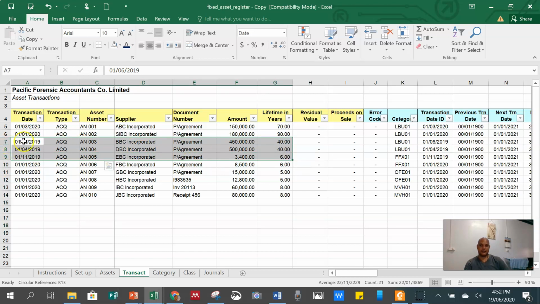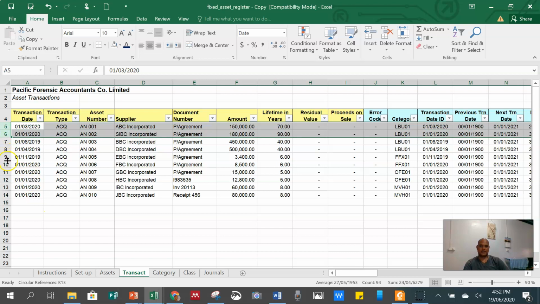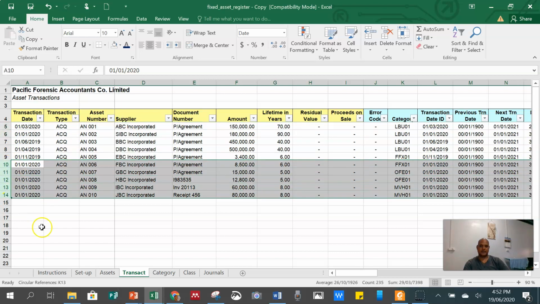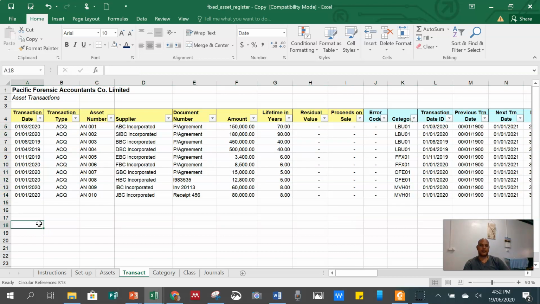I've entered this group of assets for 2019, I'm just making a guess here. And also I've included others which were 2020. So the system will read that 3 assets were bought in 2019. And also these assets, as well as the 2020, will also be reflected as being for the current year as we speak, which is 2020.